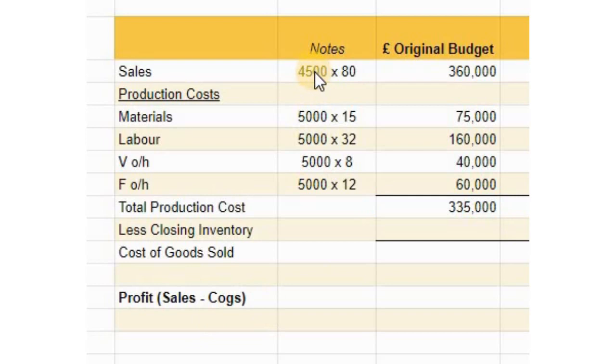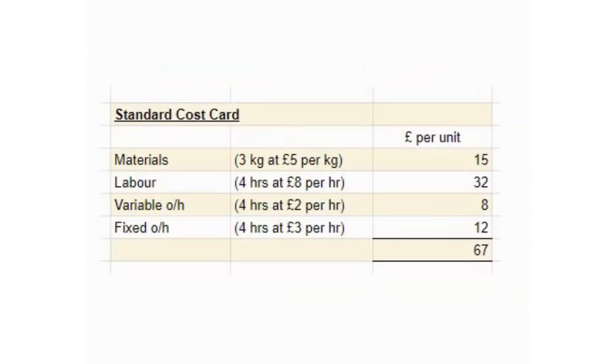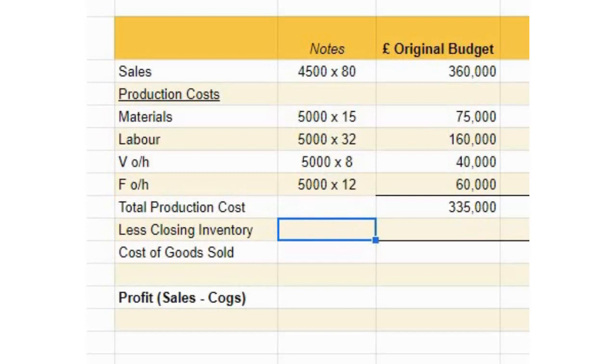Now we need to look at closing inventory. Well, we can see that budgeted sales were 4,500 units and budgeted production was 5,000 units, so there's a difference of 500 units, and those 500 units will be closing stock or closing inventory, and closing stock is valued at standard cost, which we can see from the cost card is £67, and so closing inventory is 500 units times £67, which gives